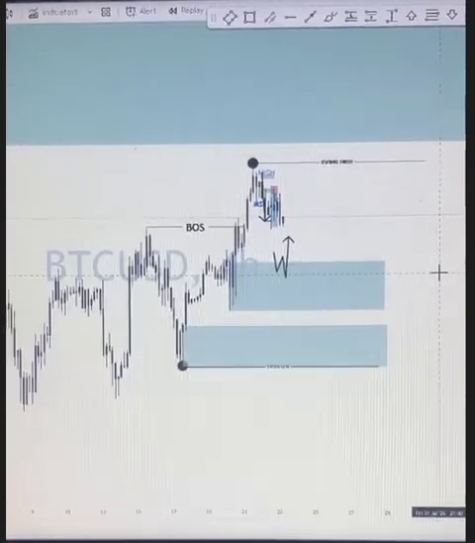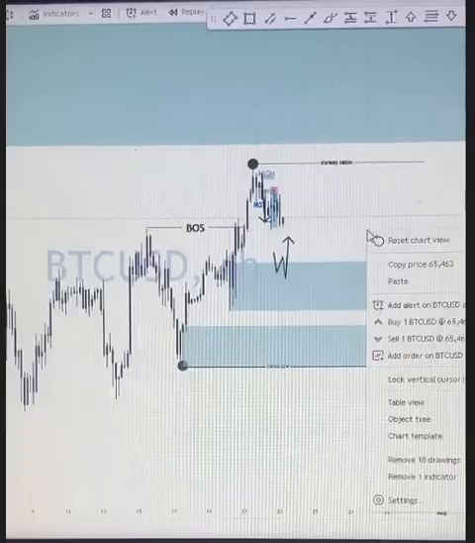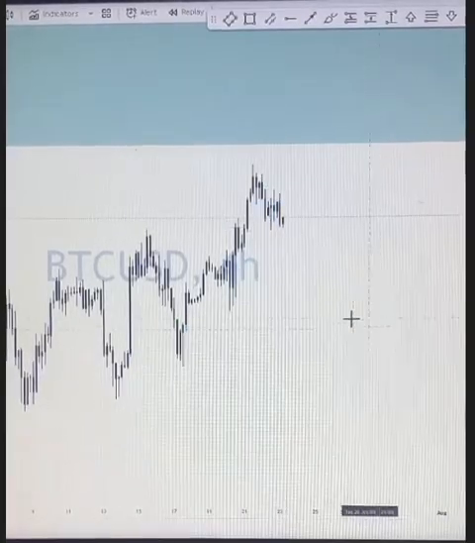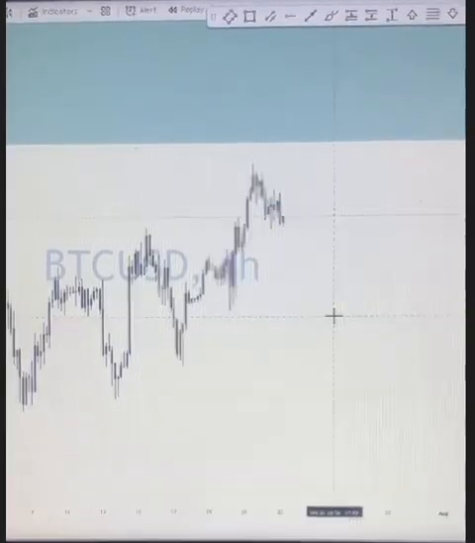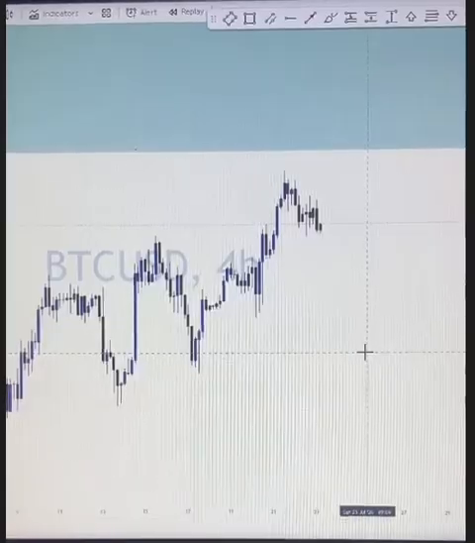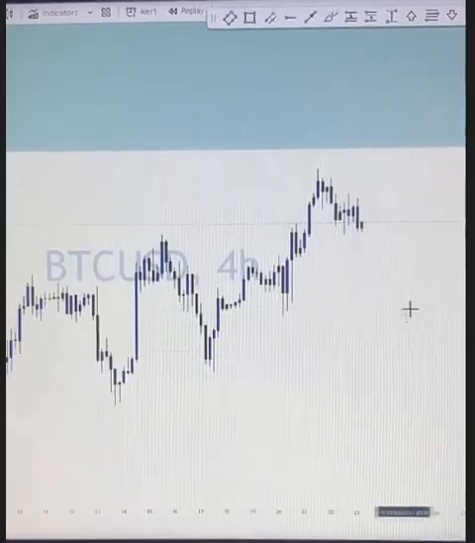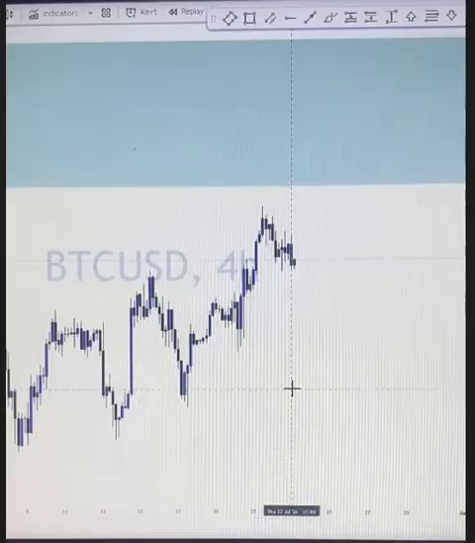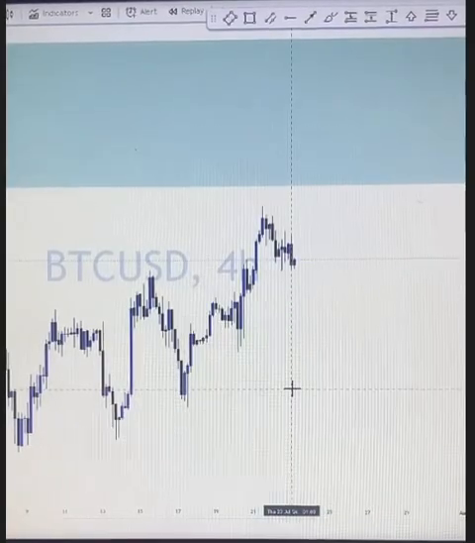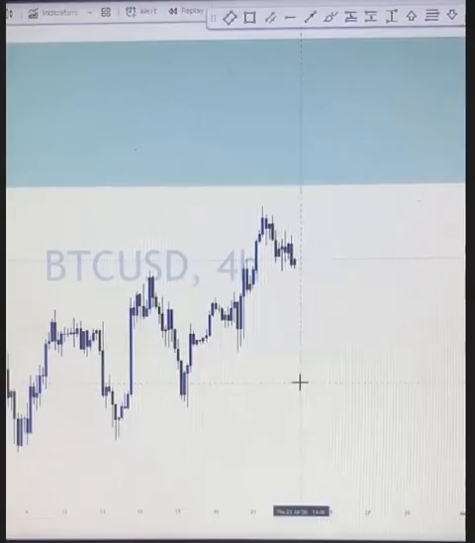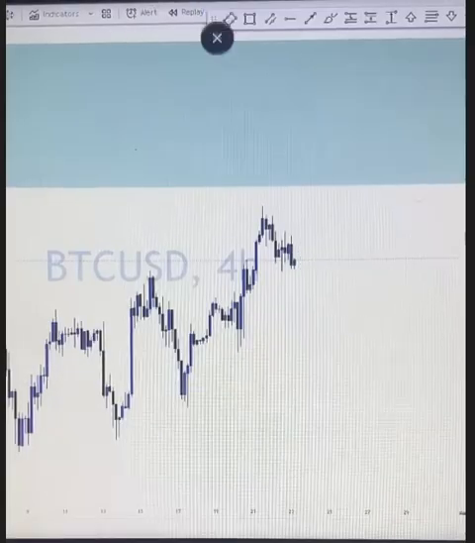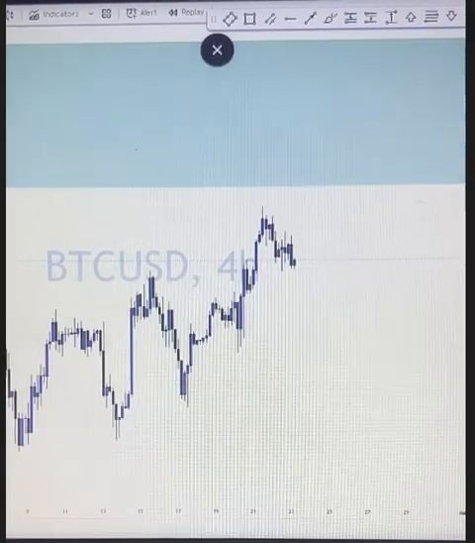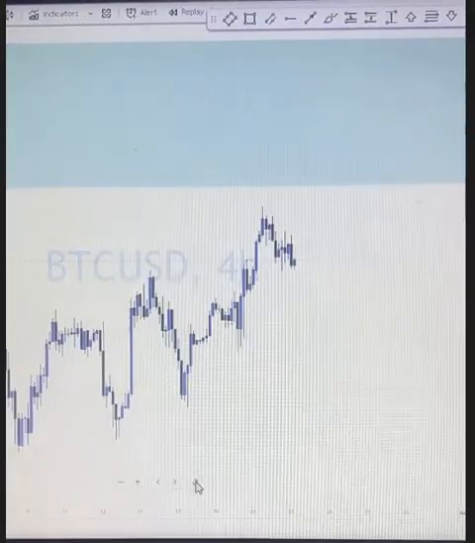All right, let's go. Now to analyze BTC, first thing first is we clear our chart. After clearing our chart, what do we do next? Someone said they forgot 15 minutes. I don't have any business with 15 minutes for now. The next thing we do is we drop to what?